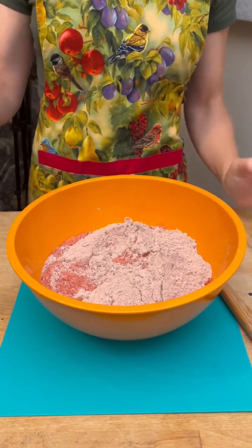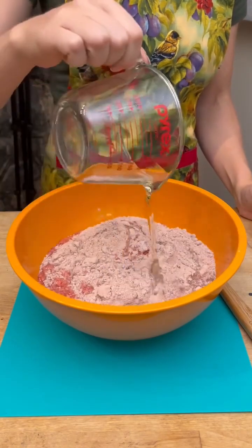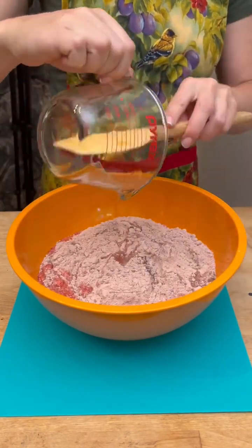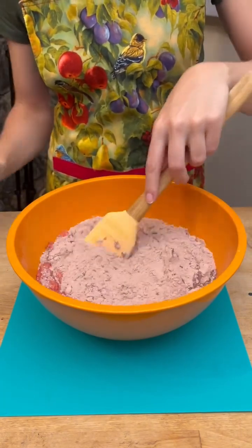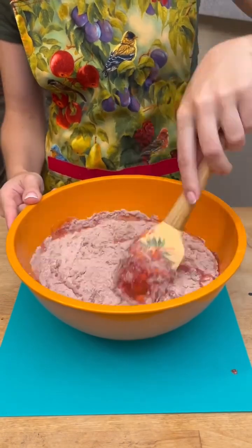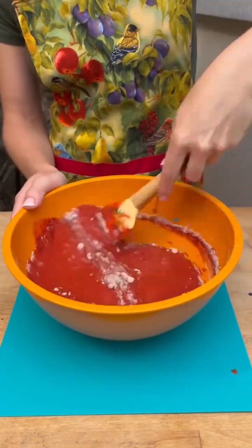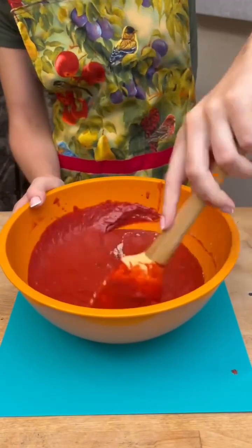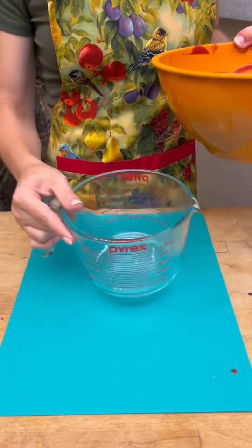I love that. Calls for 1/2 cup of olive oil. And then, of course, the 3 eggs that we already put in. All right, perfect. So we are just going to give this a quick mix. All right, perfect. So now what we're going to do, we're going to take this, we're going to pour it